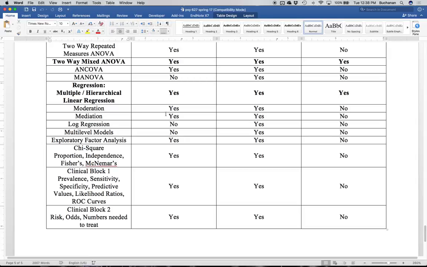Exploratory factor analysis, this is a favorite. Everybody loves EFA. It is very different than the other types of designs that we do. I'm guilty, I love EFA as well. So if you're wanting something that'll be kind of different and fun, I'd say EFA is your friend. And what it does is it allows me to look at how things are related to each other. So it's kind of correlation on steroids,